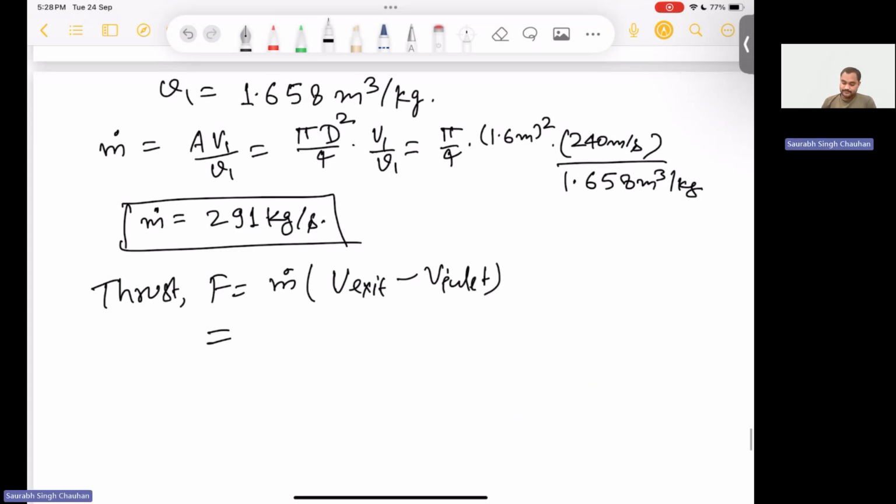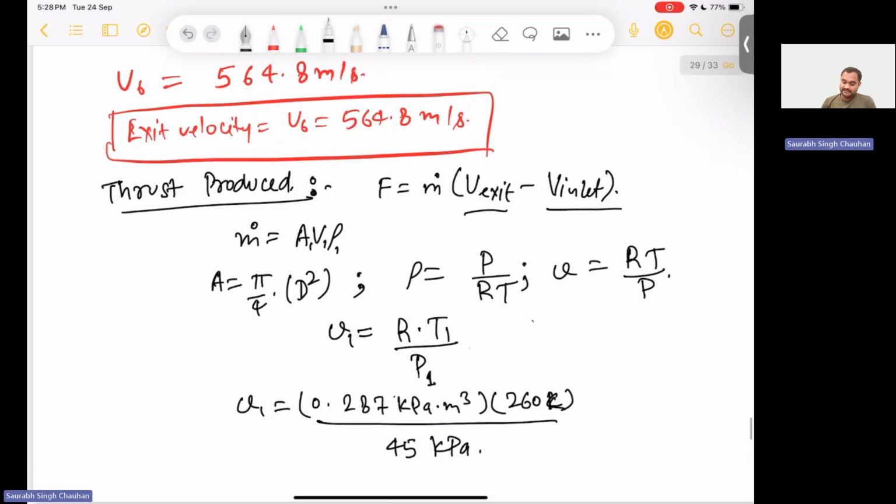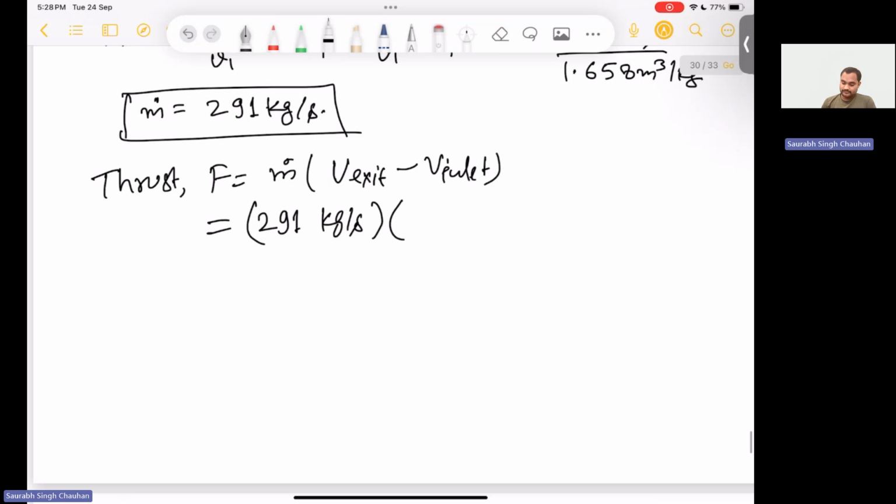Okay, so mass flow rate is 291 kilogram per second. Velocity at exit was 564.8. Velocity at inlet was 240 meter per second. So again, we just need to substitute the values and we'll get it. Okay,